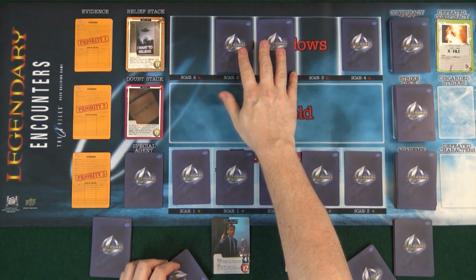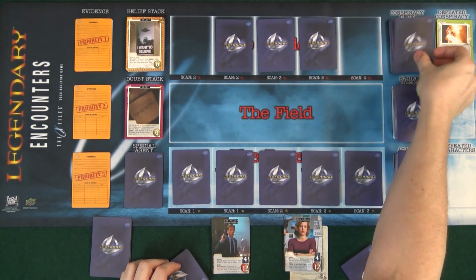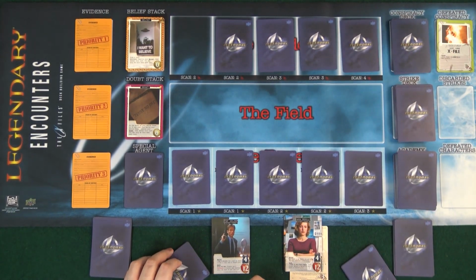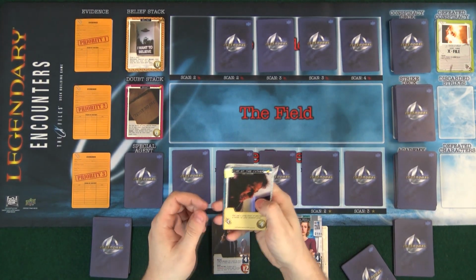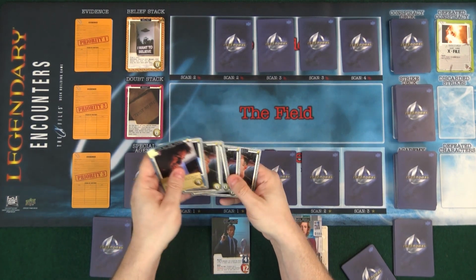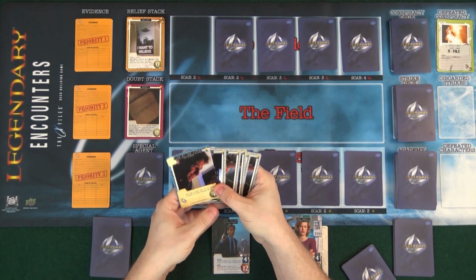Everything slides. Like this. And let's see, what am I doing? So I have my Mulder card. I could scan with that. So I have 5 attack in total. I think...